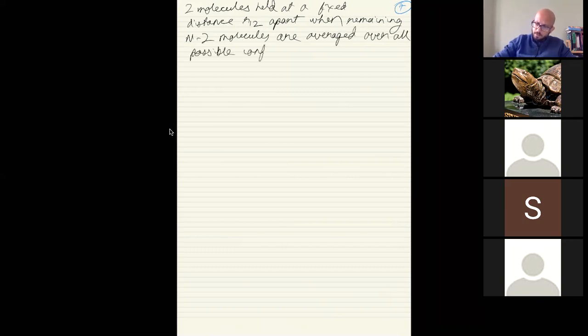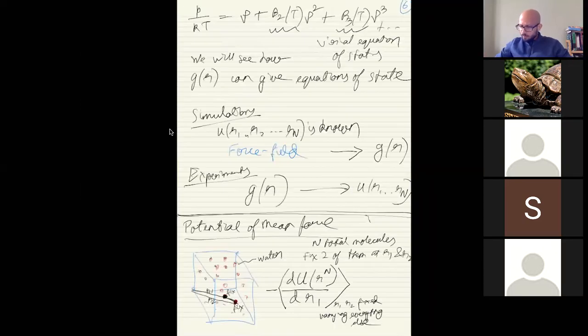configurations. Now, the different configurations will have their own different weights, right? If we are in a canonical ensemble, we know that every configuration will have a weight which is proportional to e to the power minus beta U. Because if you have a very, very high potential energy, the weight for that configuration is going to be very small. In other words, if you take all these little pink molecules and stuff them in a ball very close to these two, then that's not a very likely configuration. The contribution of such a configuration to this average should be very small,